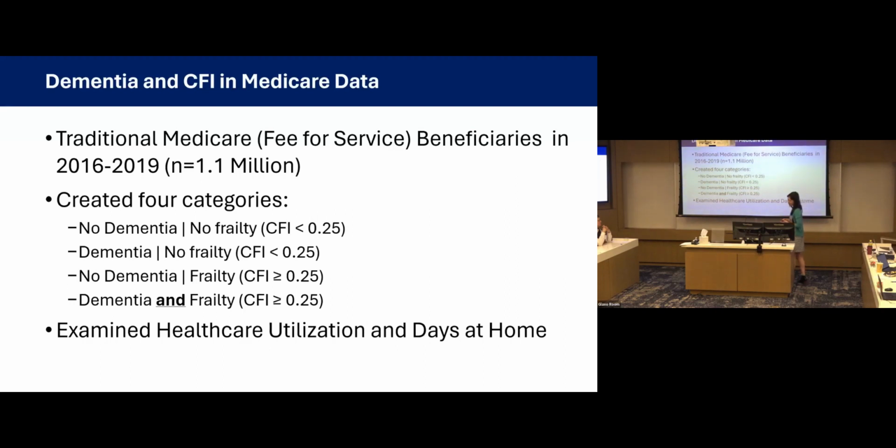And here we're specifically interested in outcomes. The first is healthcare costs, and the next is a more person-centered metric, which is days at home. What this means is how much time somebody is actually able to spend out of the hospital, out of a nursing home, out of a skilled nursing facility or emergency department. Are they ideally at home in the community?